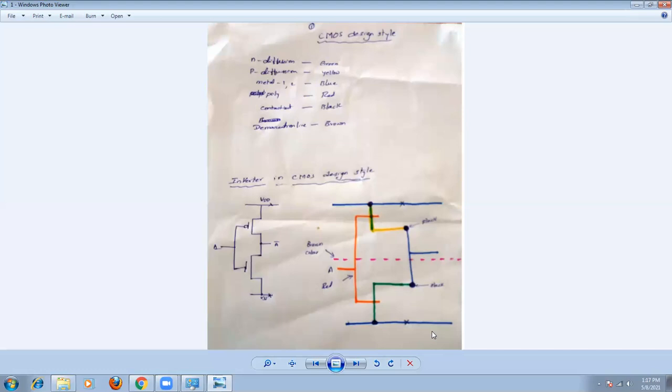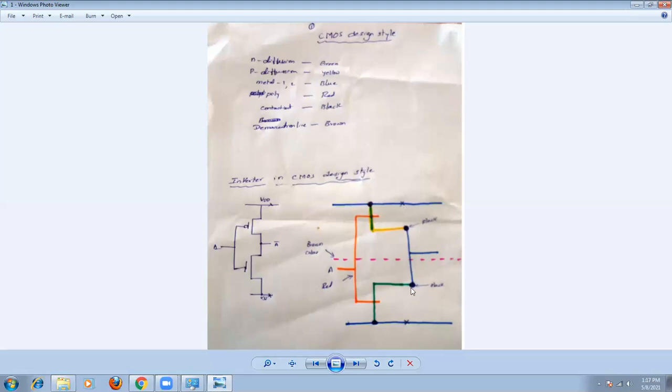Remember here we have crosses. For example, if you use a P well, the N type transistor is located in the P well, so this is the well connection. The well will be connected to the power supply. That is the important point. And this is the substrate terminal, the substrate connection to the VDD line.